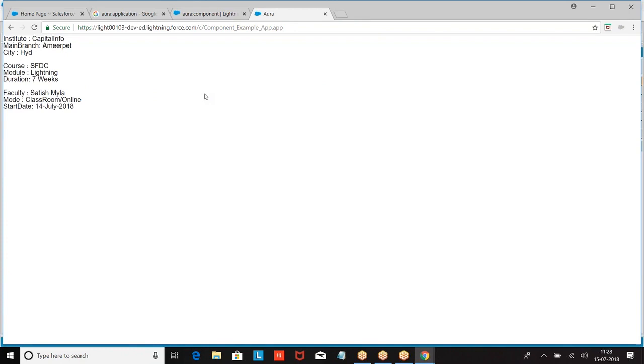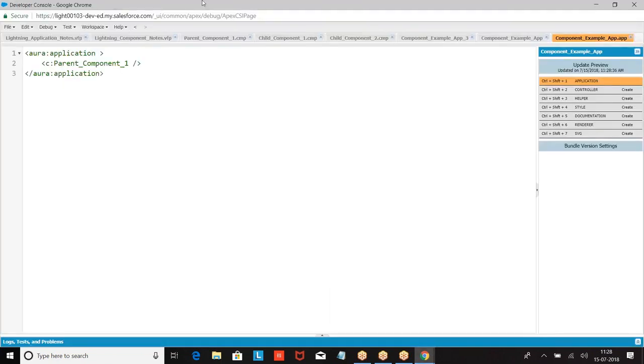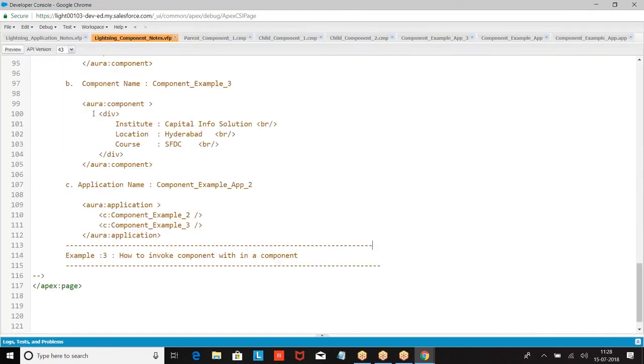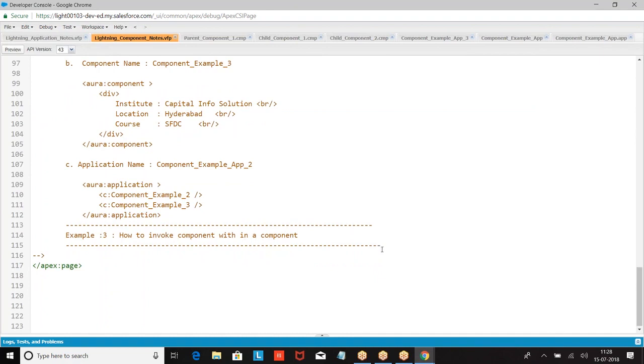Component within a component. So what is the bug in the previous case? The typo in the name, maybe a space we might have given. So go back, copy the elements. So we can call a component within a component. We can call it within the application.